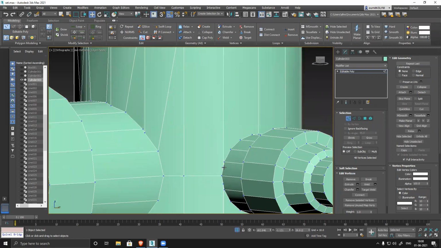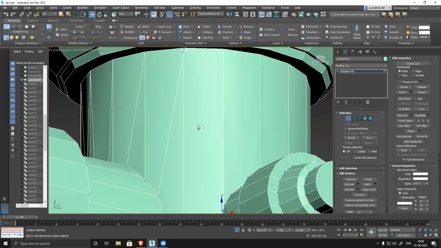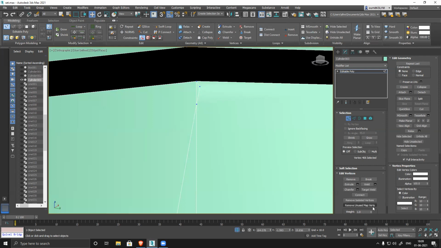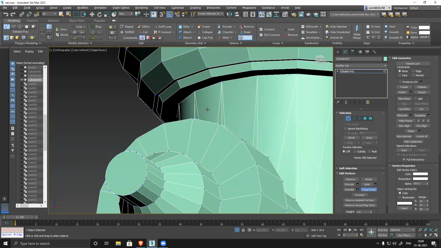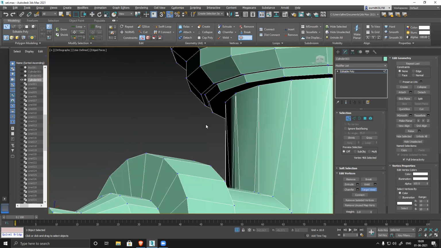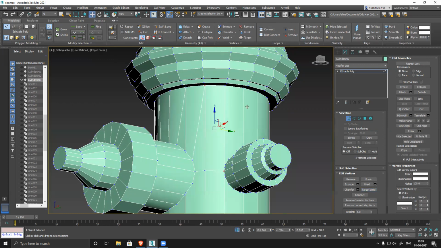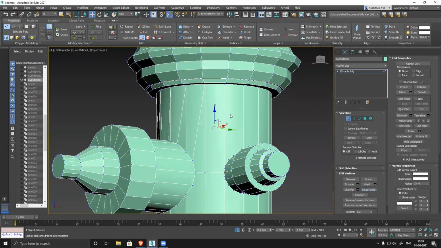So here you can see there's a point here. You can connect that, or you can connect this also.